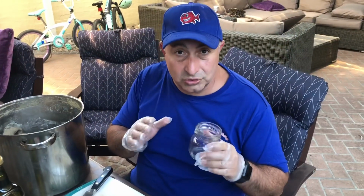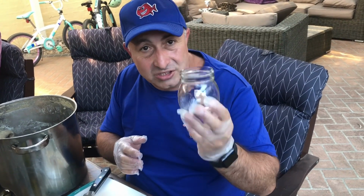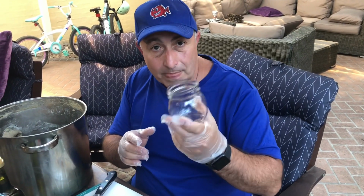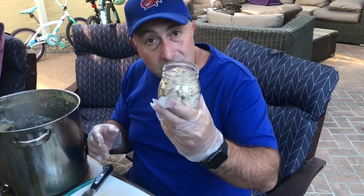Okay, now what you should do is, while this is cooking away, don't just waste your time. Get out there and disinfect your jars. You can do that by putting them in another big pot and boiling them, or you can buy powdered disinfectant that'll sterilize your jars for you. Okay, so you get your jar, you fill it up with your tuna,